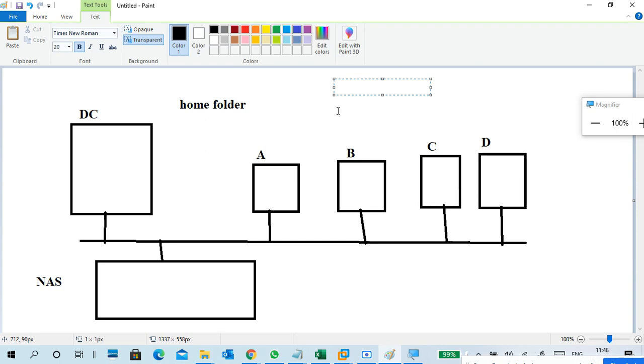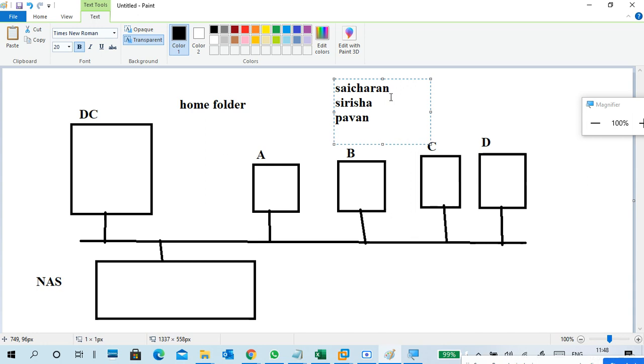For example, Sai Charan. I put a lot of letters here. Okay, it's a very big name. Siri is a small name.